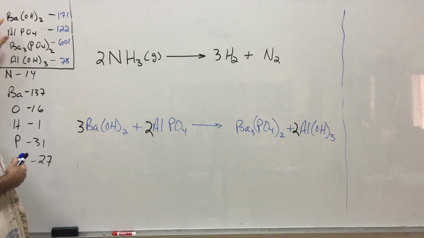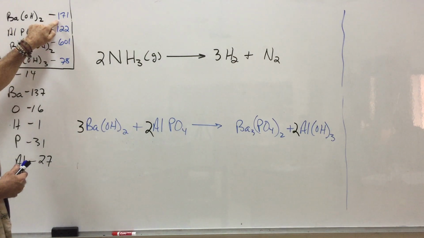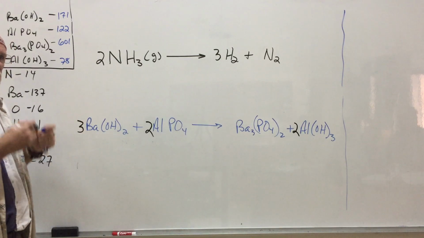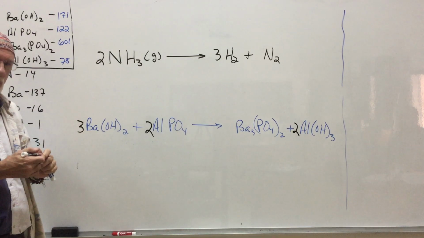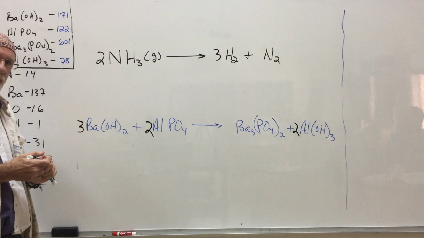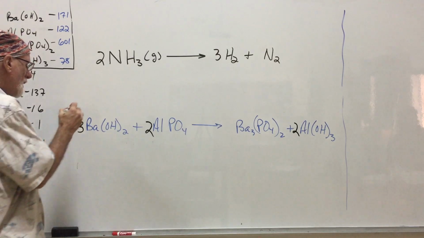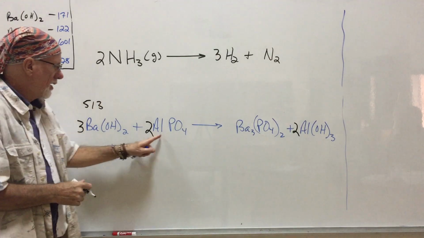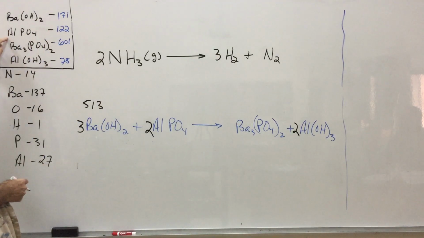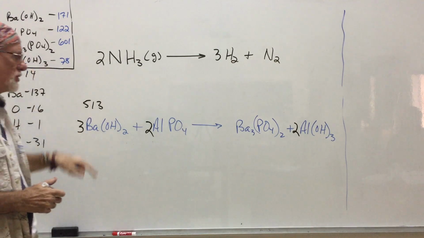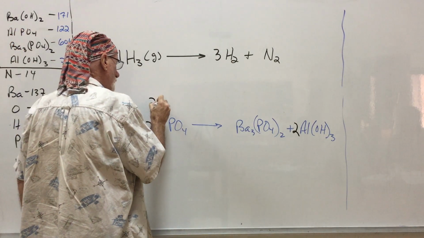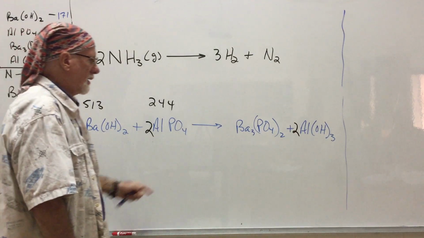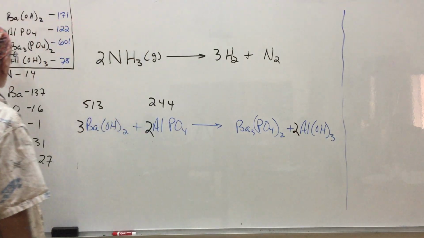Barium hydroxide has a mass of 171, correct? Yes. 3 moles would have a mass of what? What is 3 times 171? 513. Is that correct? Yes. Okay. Aluminum phosphate here, 122. 2 of them would be 244, right. Okay. And then barium phosphate, very large,